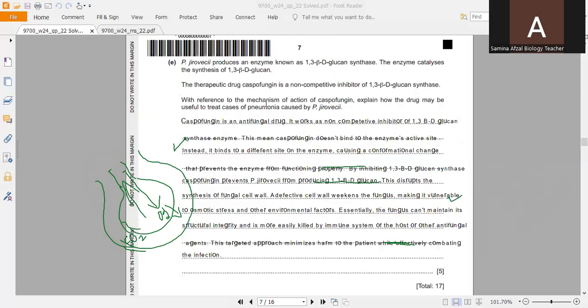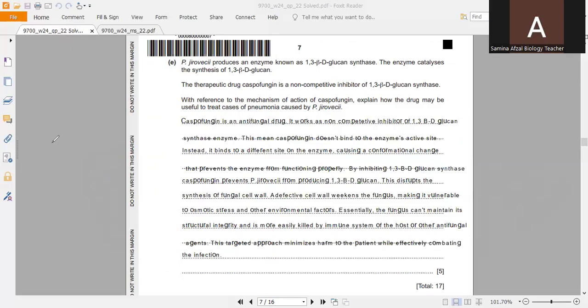And the next question is, P0VC produces an enzyme, 1,3-beta-D-glucan synthase. The enzyme catalyzes the synthesis of 1,3-beta-D-glucan. The therapeutic drug caspofungin is a non-competitive inhibitor of 1,3-beta-D-glucan synthase. With reference to the mechanism of action of caspofungin, explain how the drug may be useful to treat cases of